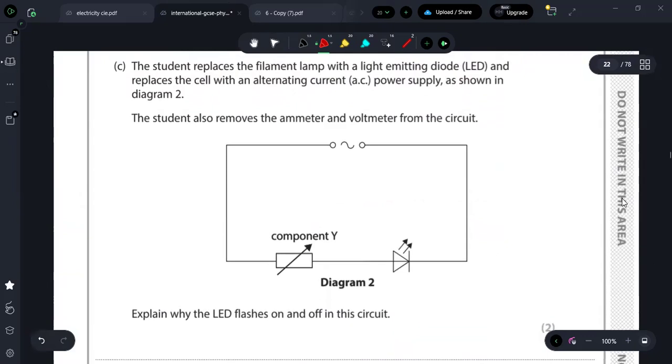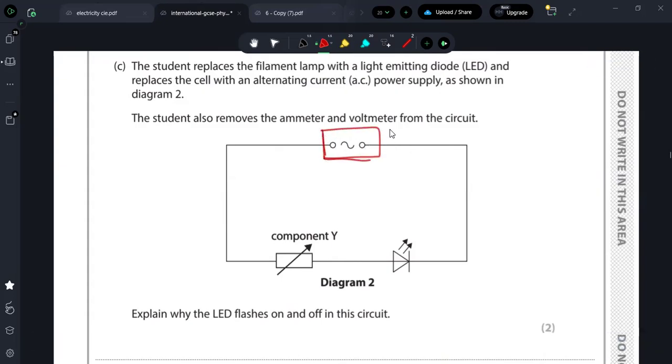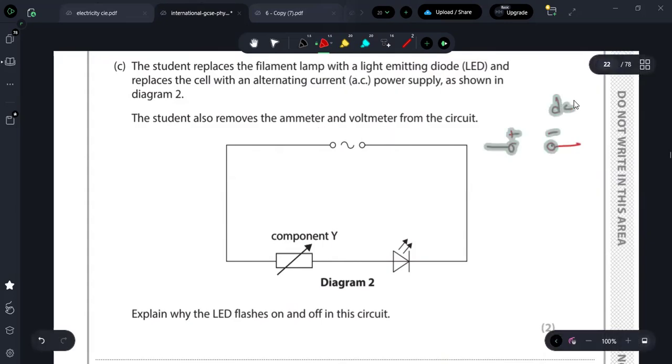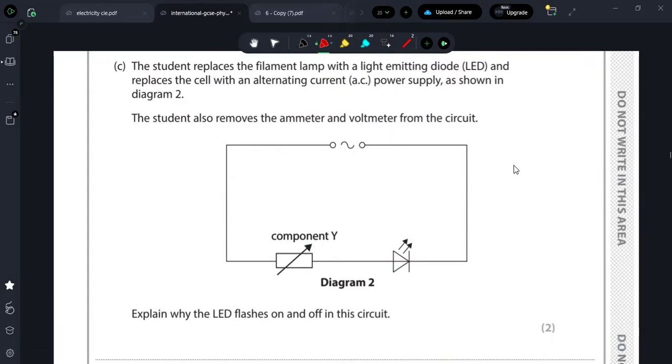Next, the student replaces the filament lamp with a light emitting diode LED and replaces the cell with an alternating current AC power supply as shown in the diagram 2. The student also removes the ammeter and voltmeter from the circuit. So the student now removes the filament lamp and replaces the power supply with an AC power supply. This is the AC power supply symbol, and if it were DC, the symbol would be this. This is the symbol of DC, and this is the symbol of AC. So they gave an AC supply. AC means alternating current, which means the direction of current